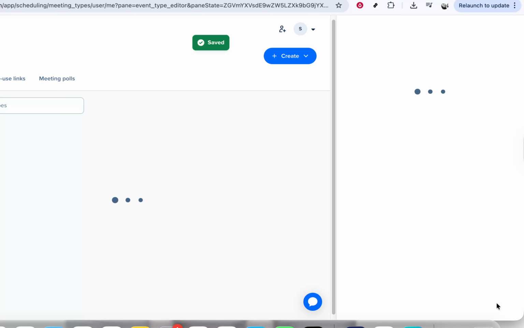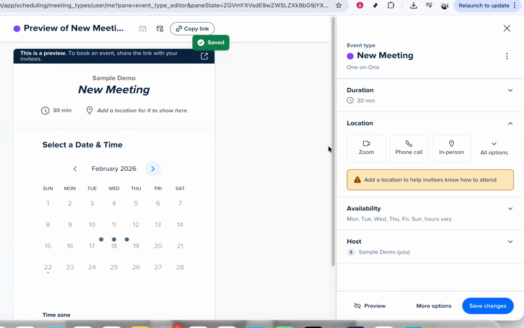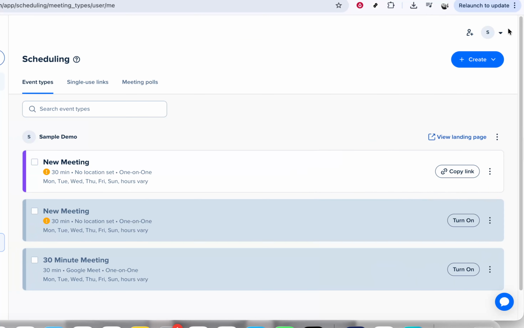Next, fill in the other details for your meeting. Give your event a clear name, like intro call or project kickoff meeting. You can also add a description to explain what the meeting is about and what people should prepare. Make sure the location is set, whether it's a video call link, a phone call, or an in-person meeting. Check your availability settings so Calendly only offers times that work for you. Once everything looks good and you're happy with the duration and details,